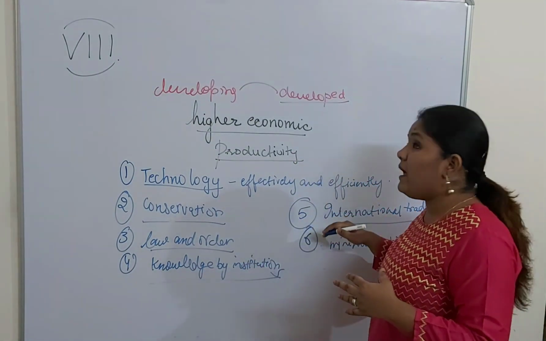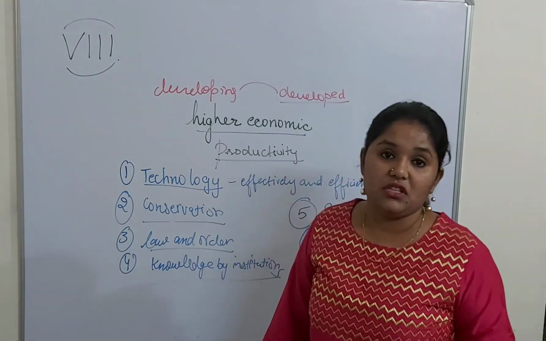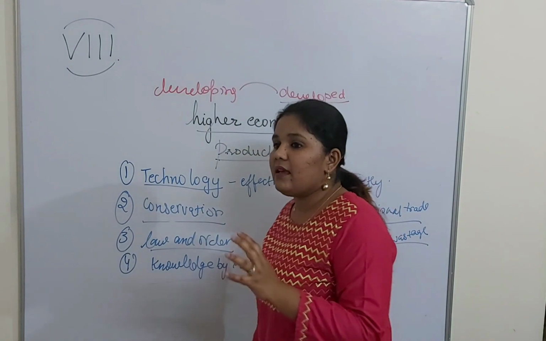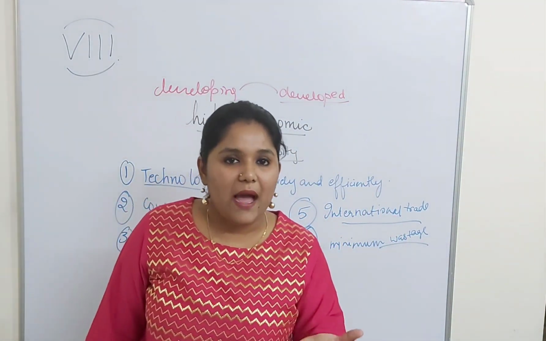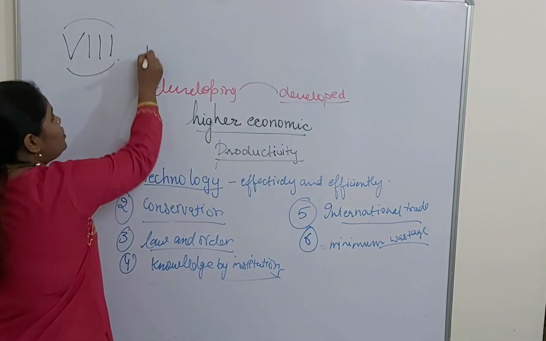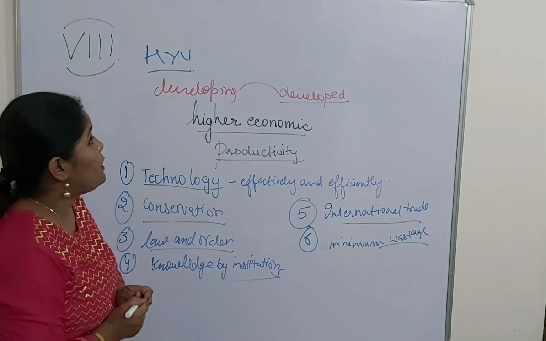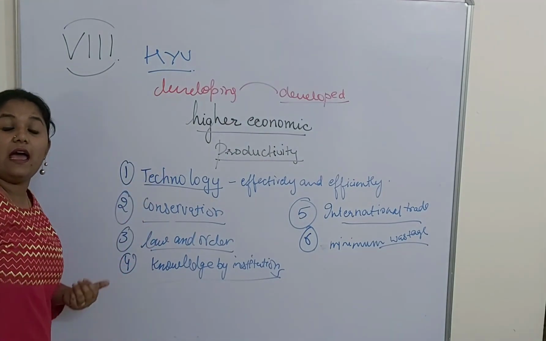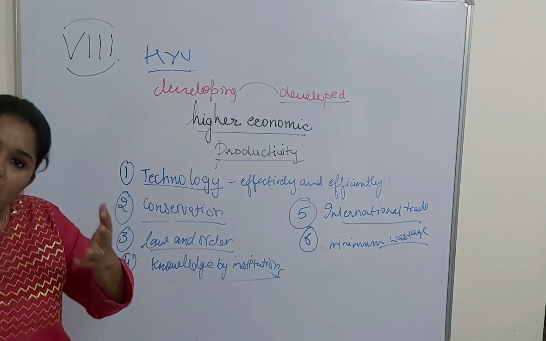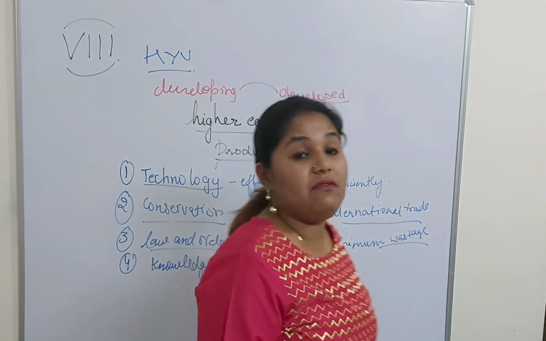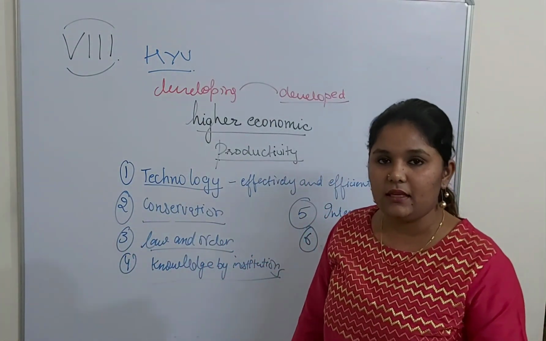Right? Like for example, if I tell you, the green revolution was one of the knowledge by institutions. The agricultural industry gave knowledge to the people about high yield variety seeds, or we call them HYV seeds, right? We call them high yield wheat seeds, and because of these seeds the production in the states of Punjab and Haryana increased. So the knowledge which was given by the institution proved very helpful for the farmers of India, and we brought the green revolution. Green revolution in Hindi is called Harit Kranti, right?